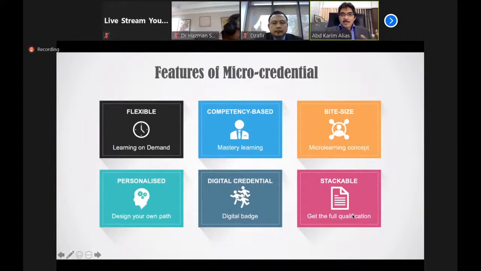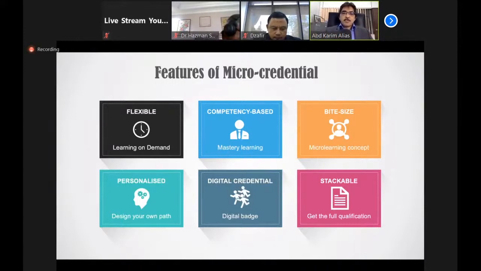So that is where the learning providers or the HEPs or the training providers can create that learning path for those who wish to get the full qualification. So that's basically the three features of micro-credential and how we can really democratize education by leveraging on